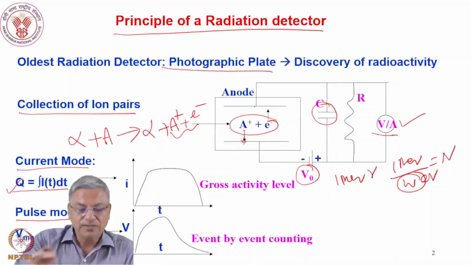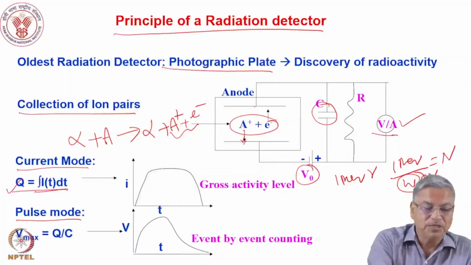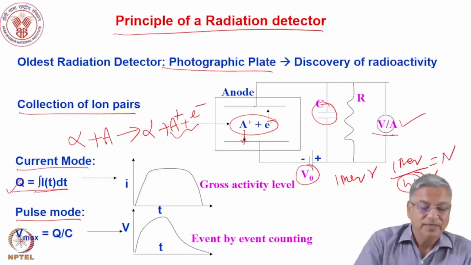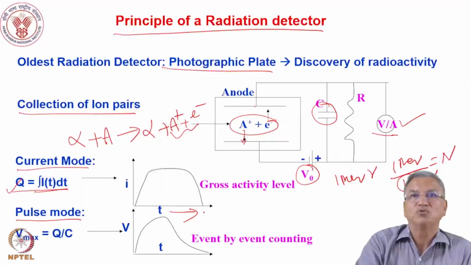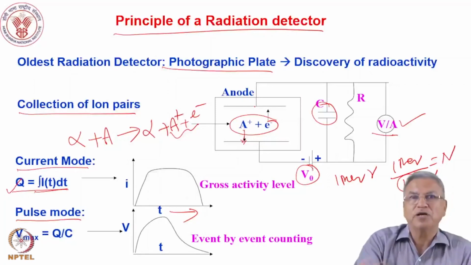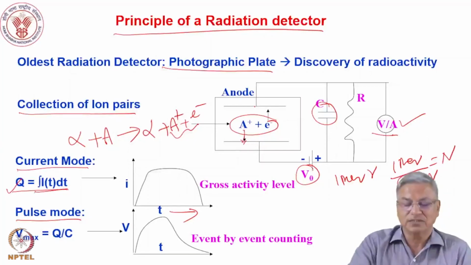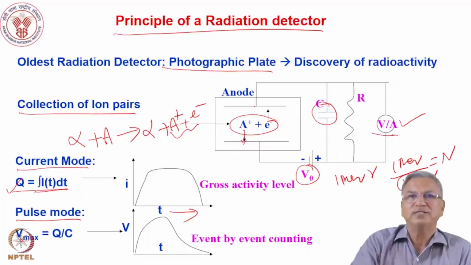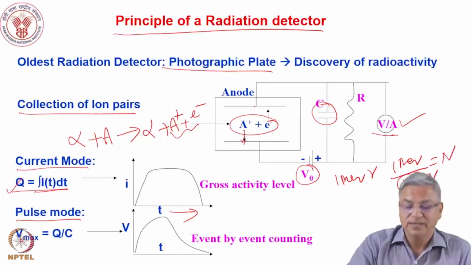Now when this charge is discharging through a meter, the capacitor is discharging through a meter, you see the current flowing in the circuit. And what you see here in the time domain is the current rising, becoming flat and coming down. So one event will be like this, and then there will be several other events. So multiple events will lead to a flow of current in the circuit. And since there will be a constant current flowing in the circuit,